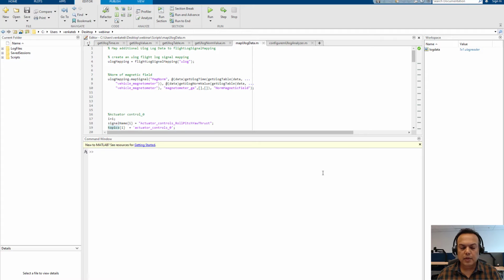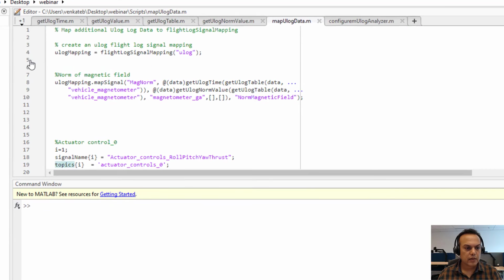I'm in the MATLAB command prompt now and have the editor open. I have already written some script for the required additional mapping. So first we can look at it step by step. We'll go step by step to see how to add these signals to the